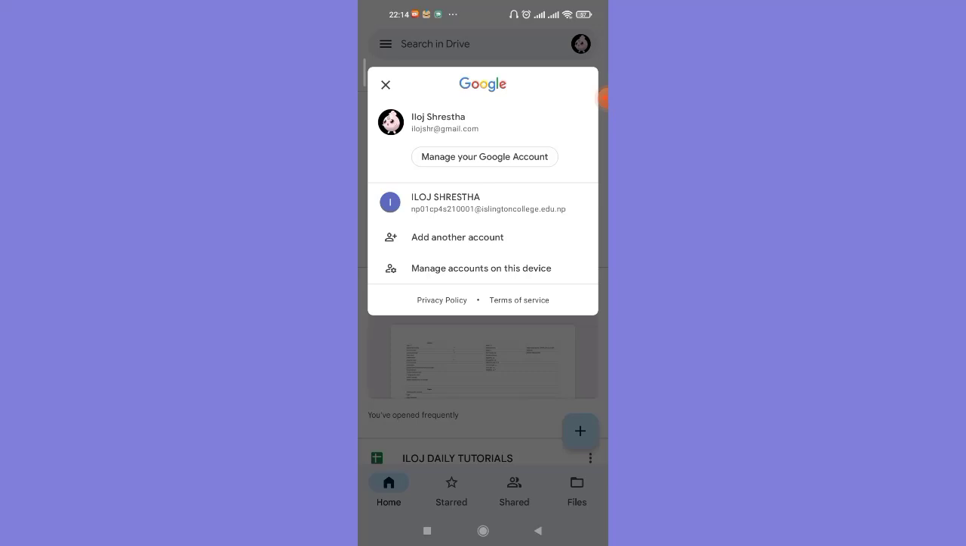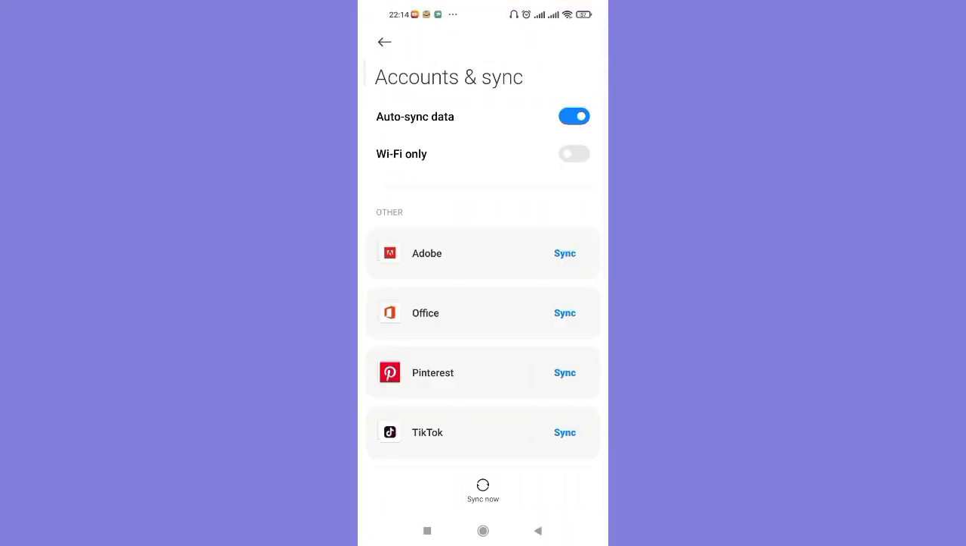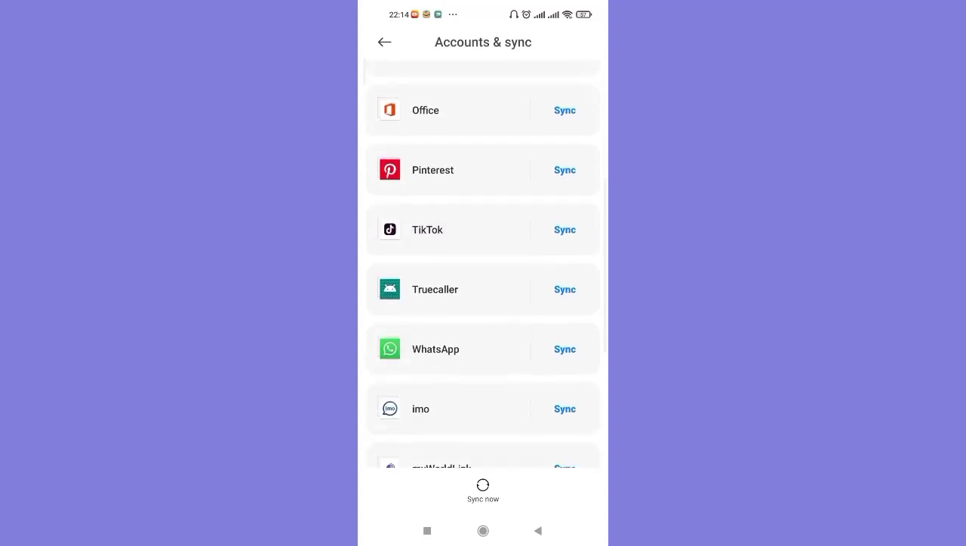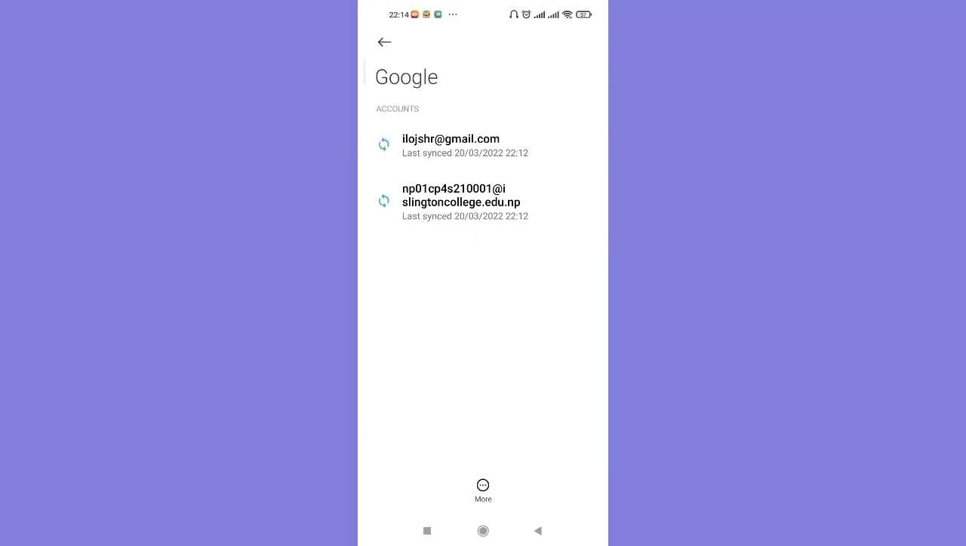Now on this screen, click on this Manage Accounts on this device option, which will guide you to another page. Now, to delete your Google Drive account, you'll have to delete your Google or Gmail from your device. Now to do that, on this page, scroll down and find this Google icon. Now there will be listed the Gmail accounts on your device, so choose which Gmail account you want to delete